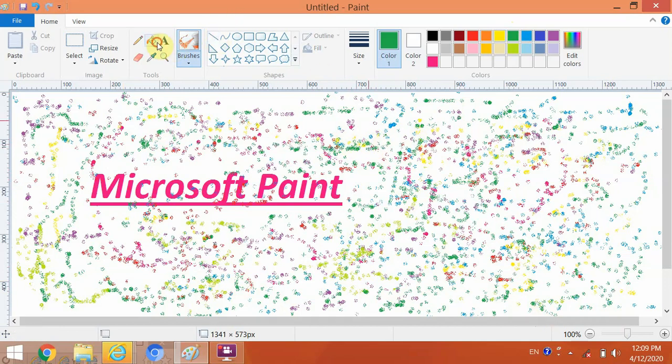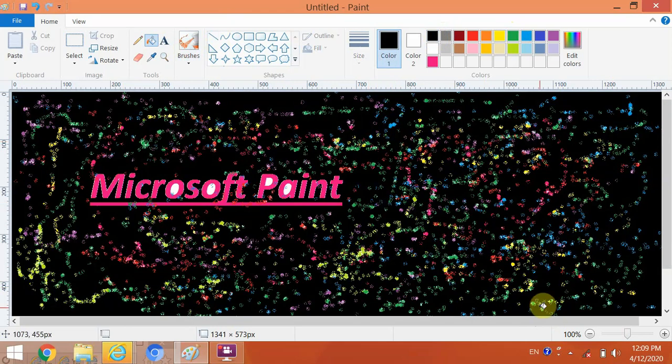After that, click on fill with color and it will make a new type of drawing.